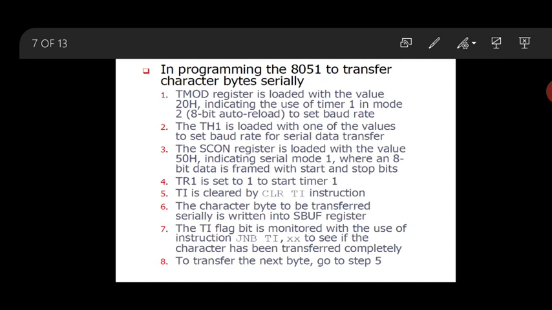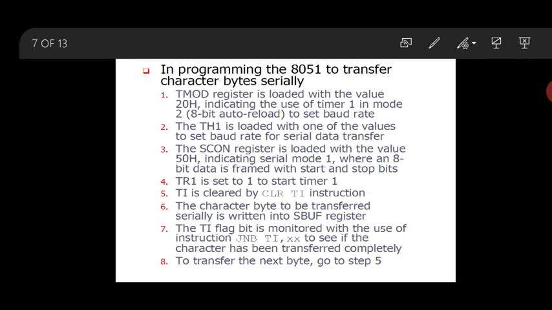The TI flag bit is monitored by using the instruction JNB, jump if no bit, TI flag, until it is set.